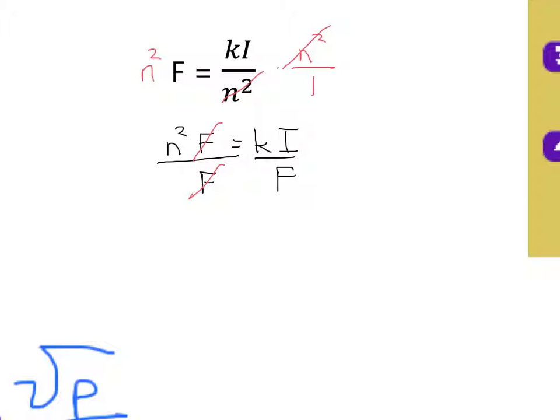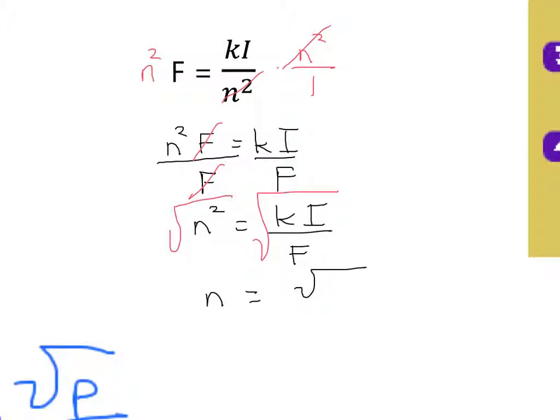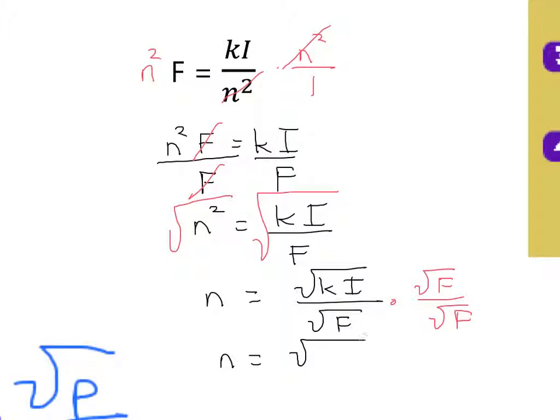And we then have n squared equals kI over F. So we apply the square root property, and we have n equals, and then I'm going to break up the square root, square root of kI on the top, square root of F on the bottom, but I need to clear the radical from the bottom, so I multiply by the square root of F over the square root of F, and that gives me n equals, and then I can combine all of the radicals,